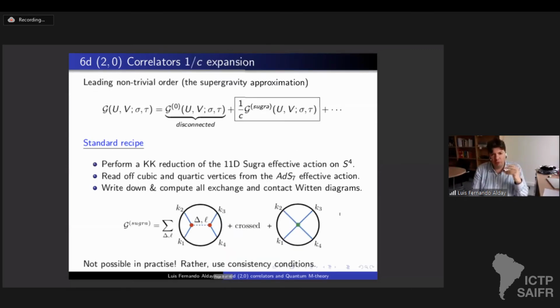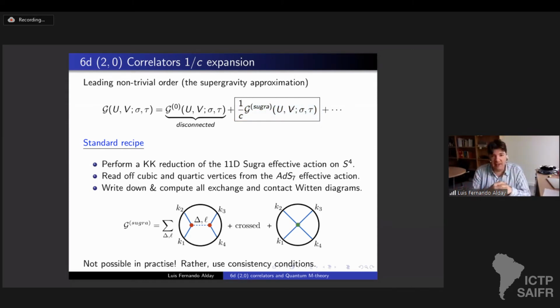Now we want to compute this correlator in a 1/C expansion. The 0th order is somewhat trivial, no one talks about it, and it's just a disconnected contribution. The leading non-trivial order is what is called the correlator in the supergravity approximation, and it's the piece of the correlator that goes like 1/C, the central charge. So in the next 10 minutes or so, or 5 minutes, we will see how to compute this